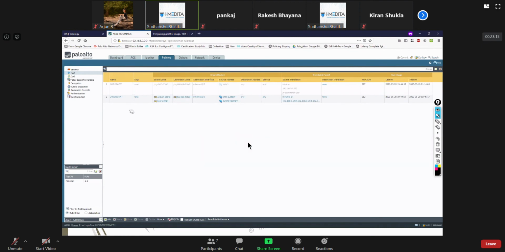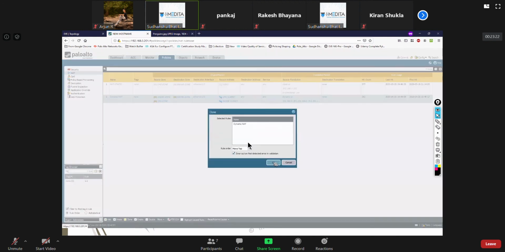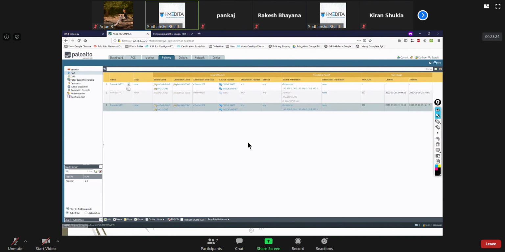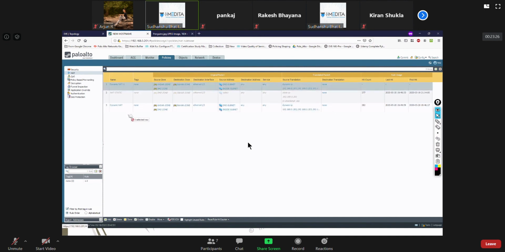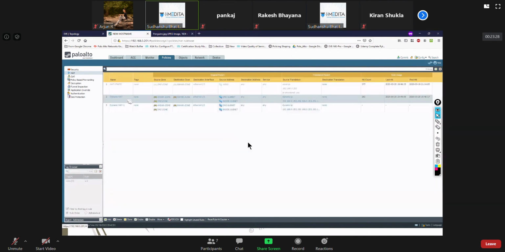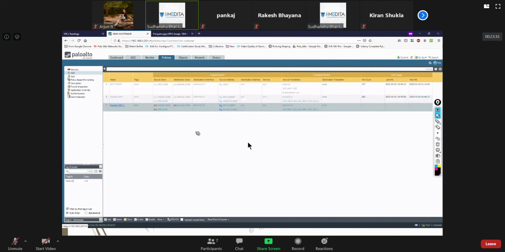Next, suppose I want to do PAT. Let me just clone this rule, it would be easier. Just disable this as well. So let's go to this. That is what they call it in Cisco.